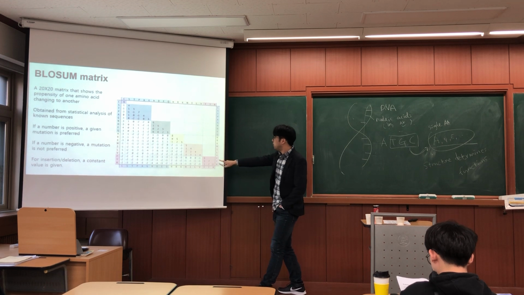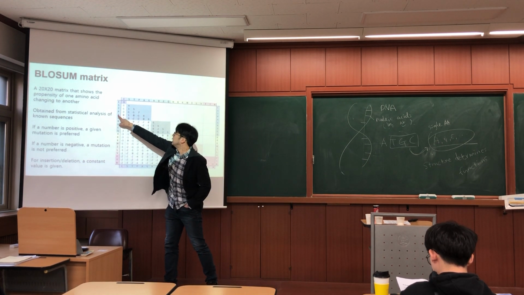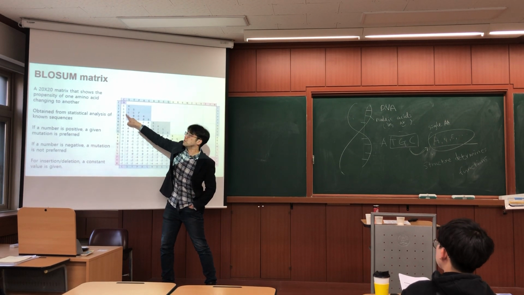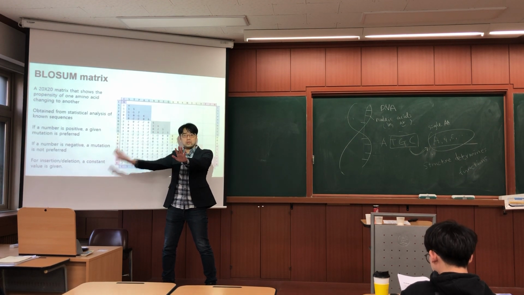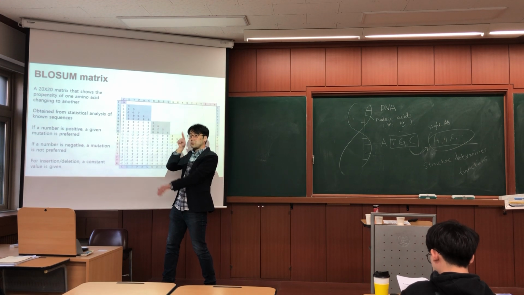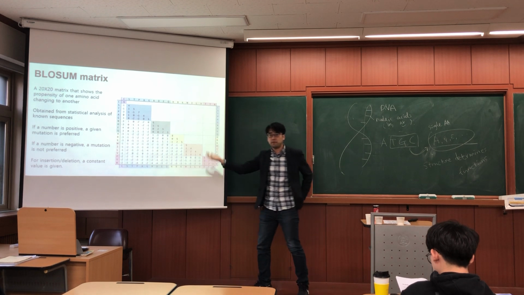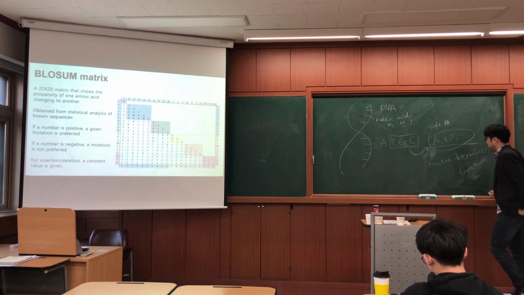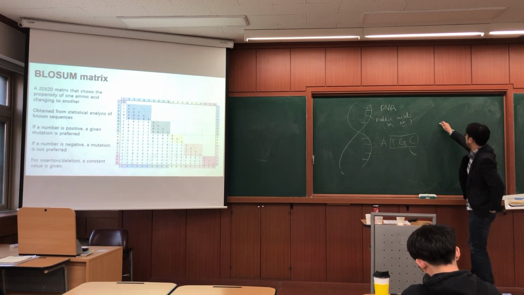In this matrix, if a number is positive, let's see, alanine and serine have a +1 score. This means that when alanine is mutated to serine, or serine is mutated to alanine, it gets a +1 score. So the plus means that the mutation is preferred. And why is it preferred? You can easily understand why that mutation is preferred. Because alanine